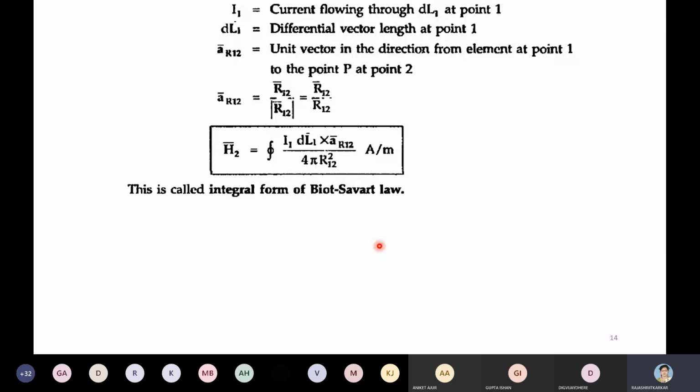We have calculated the unit vector as the vector upon the magnitude of the vector, and hence substituting that value, H is nothing but the integration of I dl cross ar upon 4 pi R square, ampere per meter, and this we call the integral form of the Biot-Savart law. Okay, now what we will go through next is